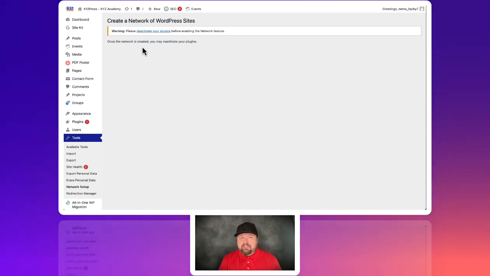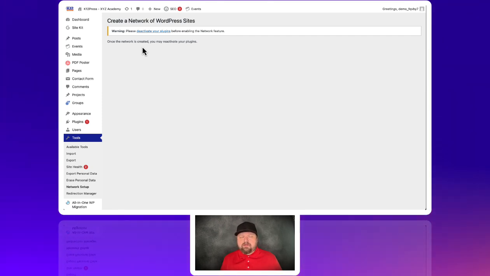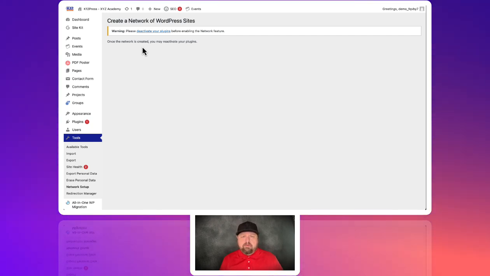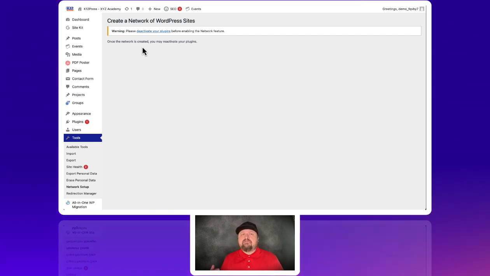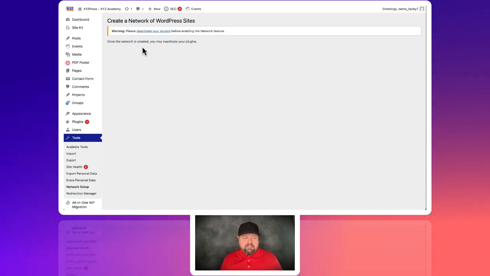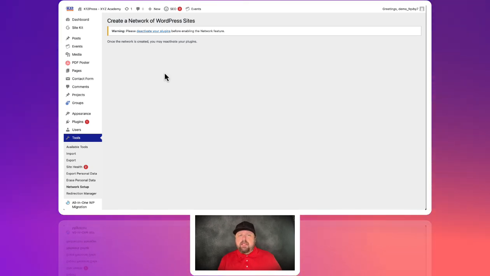So it's going to have you set up your main website, which would be your school district website, and then it'll let you define all the subsites underneath there. Then what you would do once you have the sites set up is you would make sure you have all the plugins that you want for each site activated, which would be the K12Press plugin library to start with. Once you have that updated for every website, then you're just going to go through and configure each site individually,